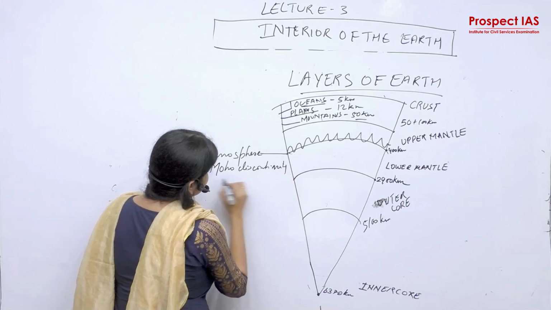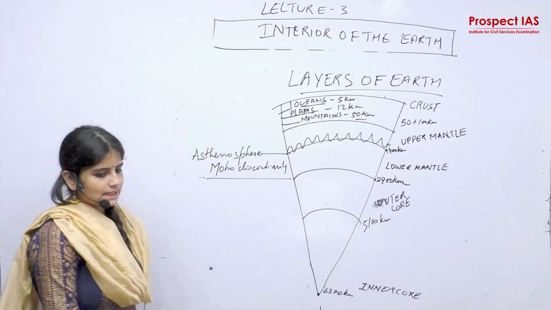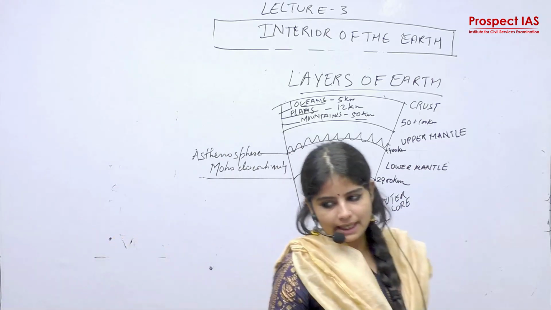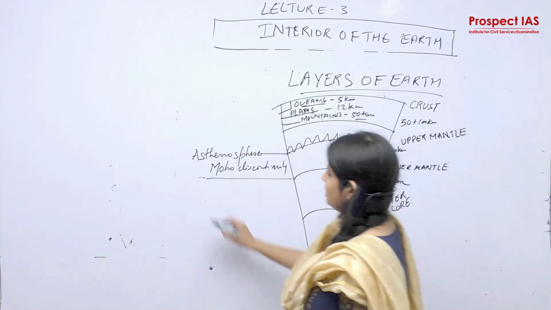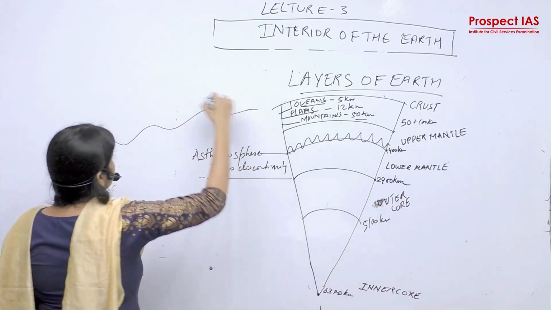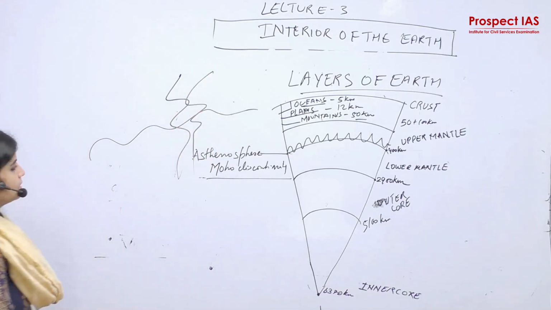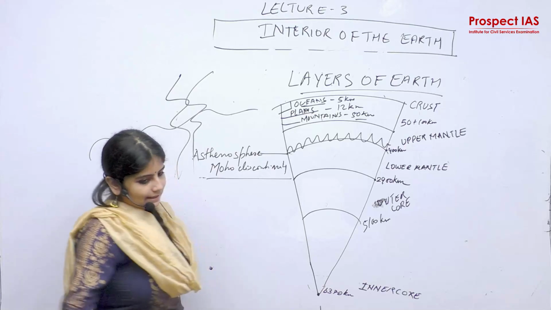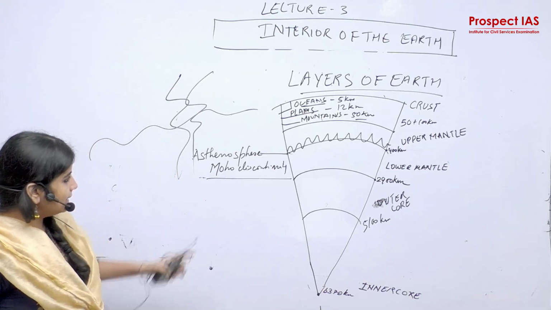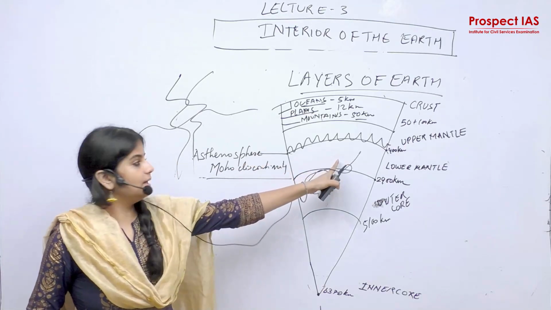We need to discuss this to build your concept. What is discontinuity? A break in the continuation. If something is in continuation, we break it, right? So Mohorovičić was a scientist who gave this idea of why earthquakes and volcanoes occur at